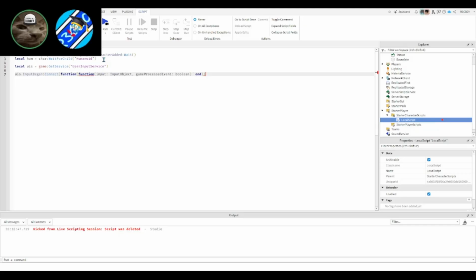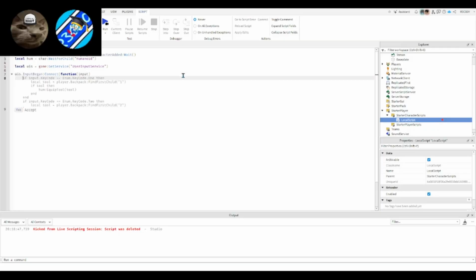That is not supposed to happen. Get rid of that end as well. Actually, delete that last bracket as well, just so it puts an end on a new line. Then in the bracket, type INP for input. You can put anything there, but I just prefer putting input. Then take a new line, and then type if input dot key code